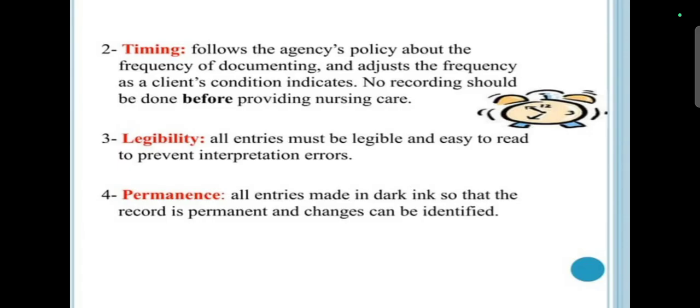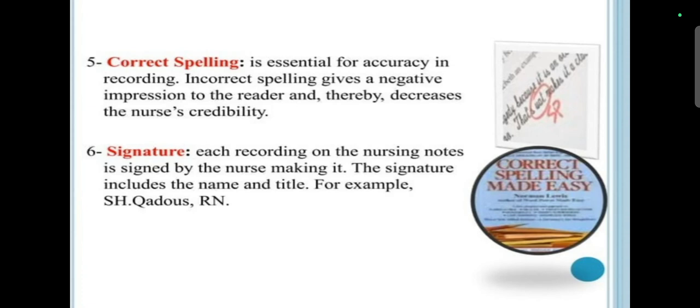Third is called legibility. The entry must be legible. And the fourth one is called permanence. Make all entries in dark ink so that the record is permanent and changes can be identified by the person or by corrective agencies. And correct spelling is also essential for accurate recording. Incorrect spelling gives a negative impression to readers,